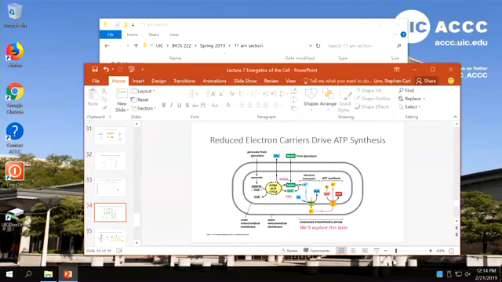Is that when your body goes into like ketoacidosis? Okay, the thing about ketoacidosis is